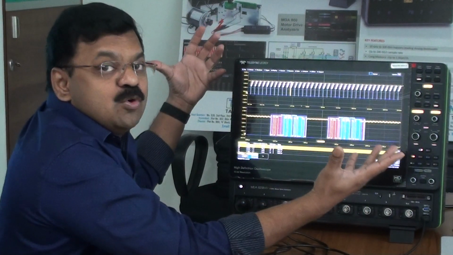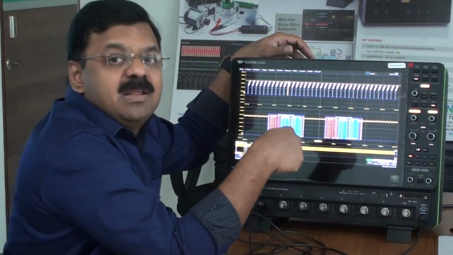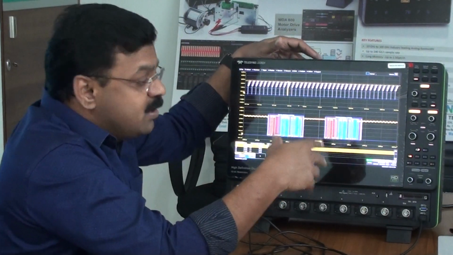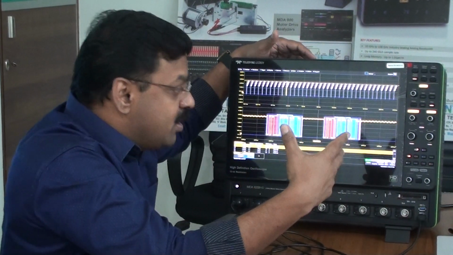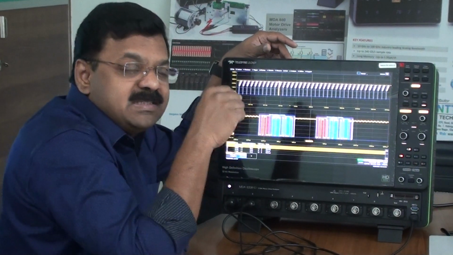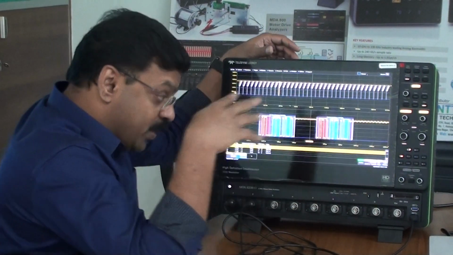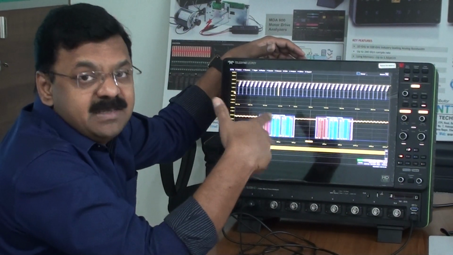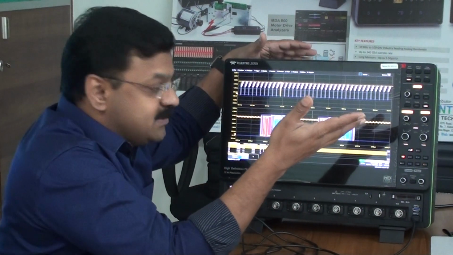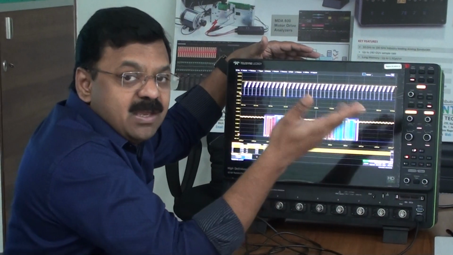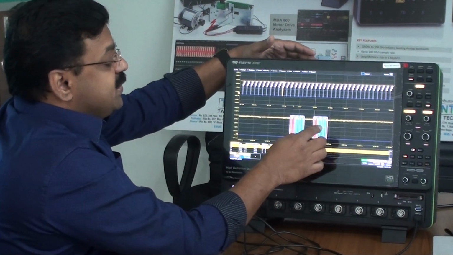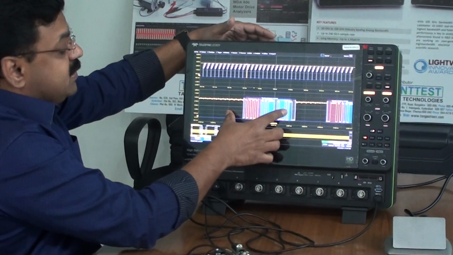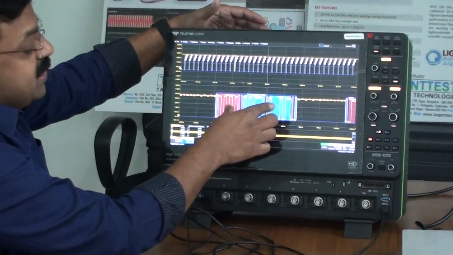So we could ask the scope to bring out the frames that have similar errors, or a non-acknowledge error, or it could be an address error, or address bit errors, or you could lock onto a particular address and see if the data is available. You can set the scope on triggering on these address lines and data lines, so as to bring these waveforms to the picture. And as you see, we could move on to the next frame, and a similar frame structure is available here too.